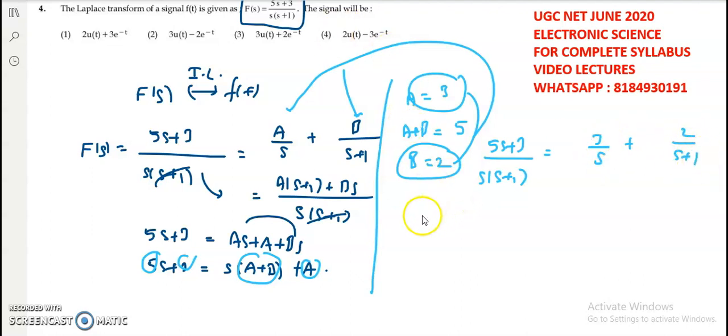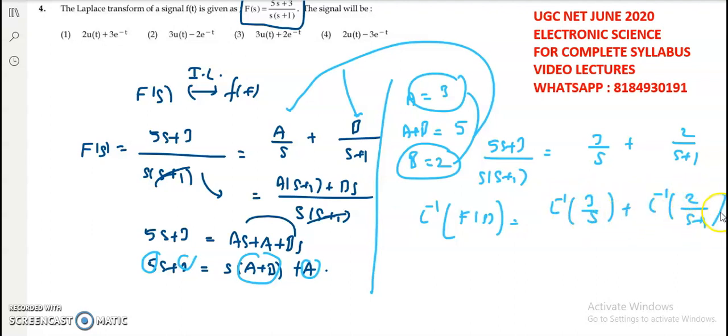So now the inverse Laplace transform of the given F of s is equal to inverse Laplace transform of 3 by s plus inverse Laplace transform of 2 divided by (s plus 1). Now the 3 is a constant, so bring it outside. Inverse Laplace transform of 1 by s is nothing but a unit step function. Plus 2 is a constant, bring it outside. Inverse Laplace transform of 1 divided by (s plus 1). So actually the inverse Laplace transform of 1 divided by (s plus a) is e power minus at into u of t, or else you can simply take e power minus at.